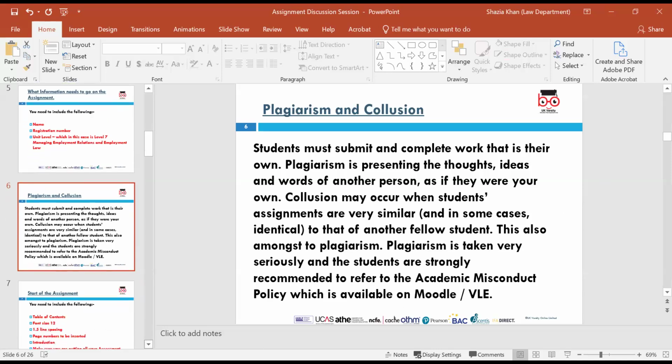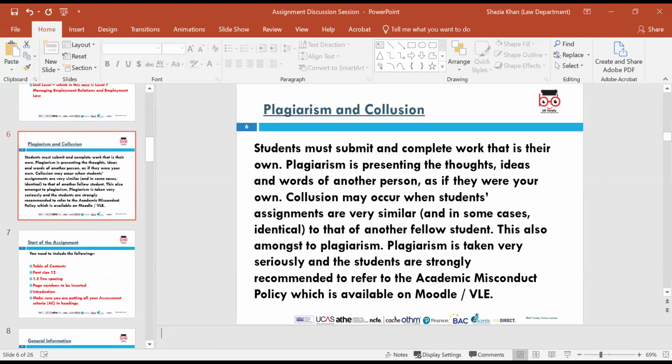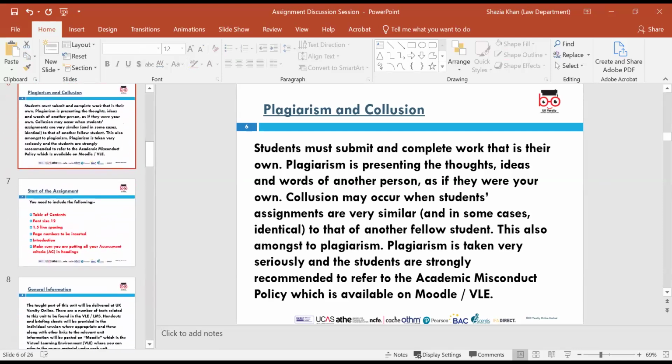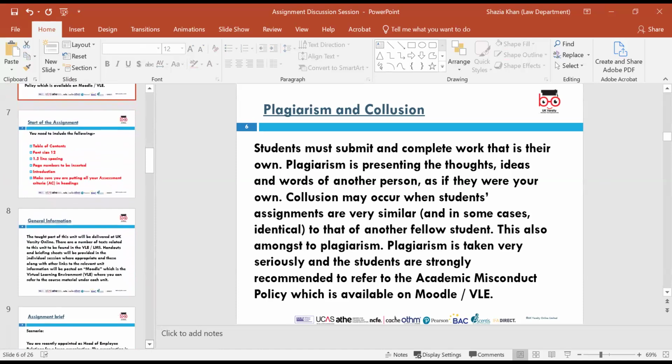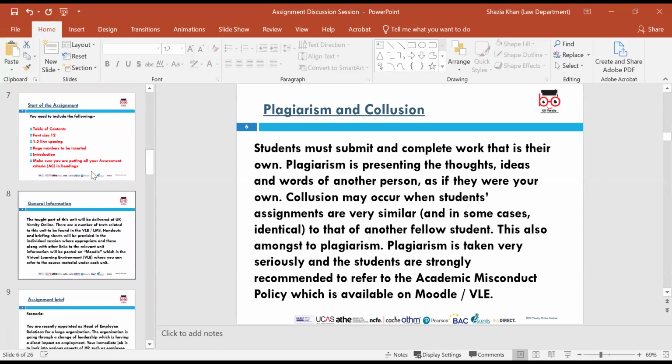So you need to make sure that you are going on Moodle and reading all the policies in place in regards to completing your assignment, because you need to make sure that you are following the element of plagiarism and collusion, and making sure you are following the policy and not plagiarizing your work, as you have signed that declaration. So it's literally to say that I followed the policy and I've not copied anyone's work.